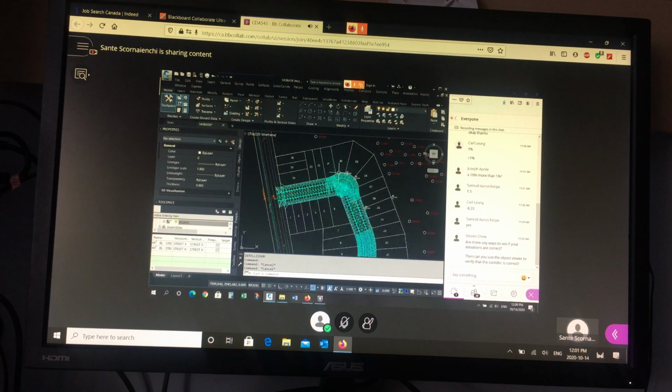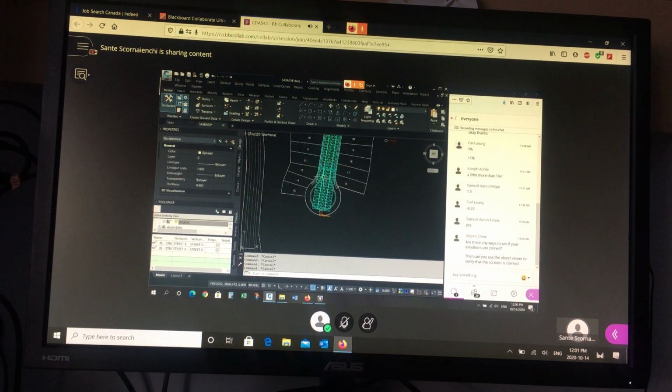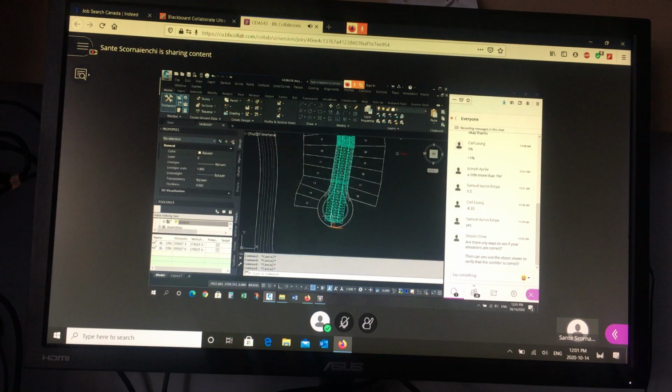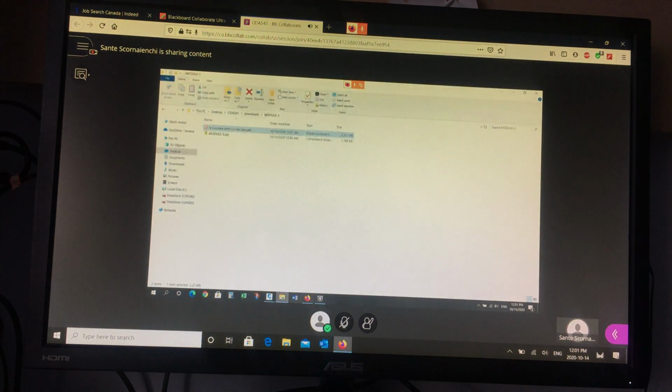Okay, so the description in the PDF on how to do this is a little bit different. I would follow exactly what I did. I like to model the gutter, but I did give an alternative here. Instead of modeling the gutter line as an alignment, in the PDF I actually show it creating an alignment on the edge of pavement, the edge of asphalt,